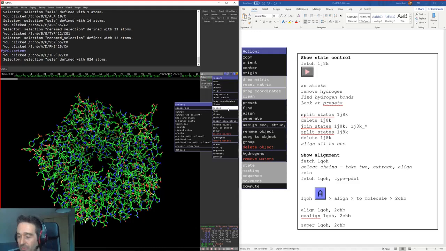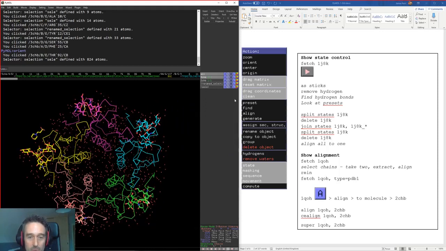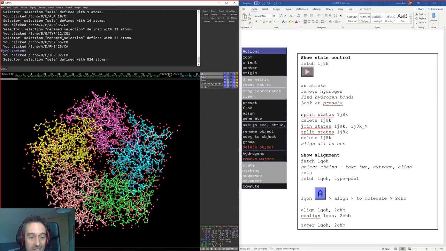Now, you can do a lot of different kinds of coloring when you're using PyMOL, and you can make all your chains different colors. You can add different coloring to your atoms of interest. But there are these presets, and it's worth having a look at some of these. So, for example, you can have this simple preset here. You can have a ball and stick preset, and